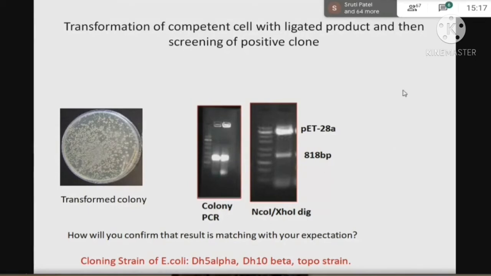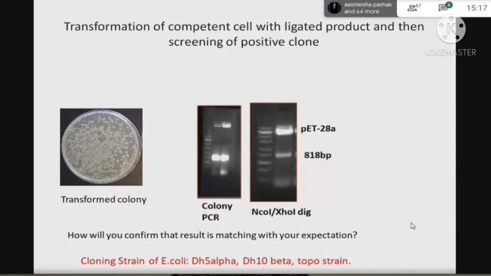For cloning, we use these strains. These are cloning strains. This E. coli is not normal E. coli that you can isolate from anywhere, from sewer, water, or from stool. This is a genetically engineered strain we use for cloning. Why do we not use normal wild type E. coli strain for cloning purposes? Why should we use a genetically engineered E. coli strain for cloning?